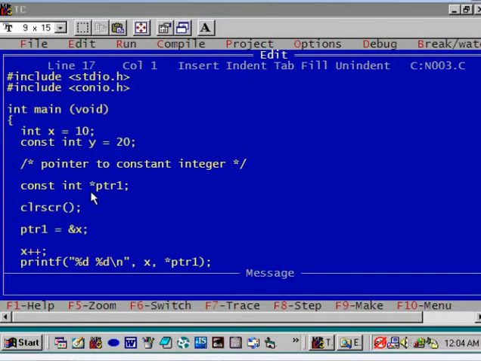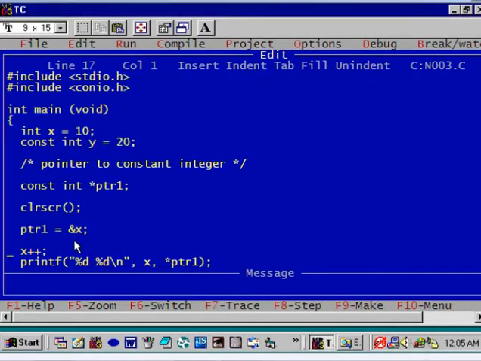Here I have declared a pointer ptr1. How have I declared it? const int *ptr1. This means pointer to constant integer. The variable will be constant, but the pointer is not constant. The const keyword appears before the word int, and hence the pointer is not constant, but the pointer is pointing to, say, variable x. Then in that case the x will behave like a constant integer. I explained this one with the help of diagram 2.